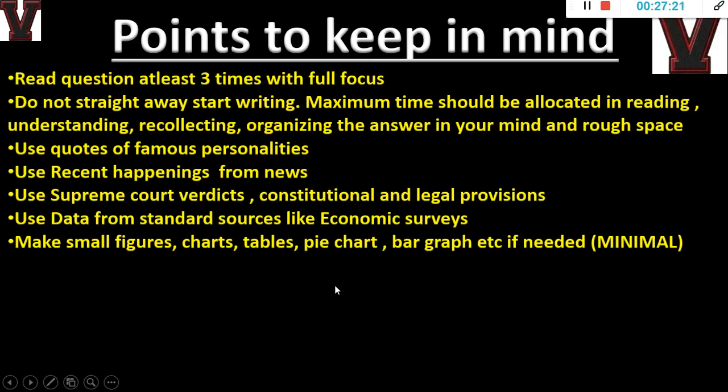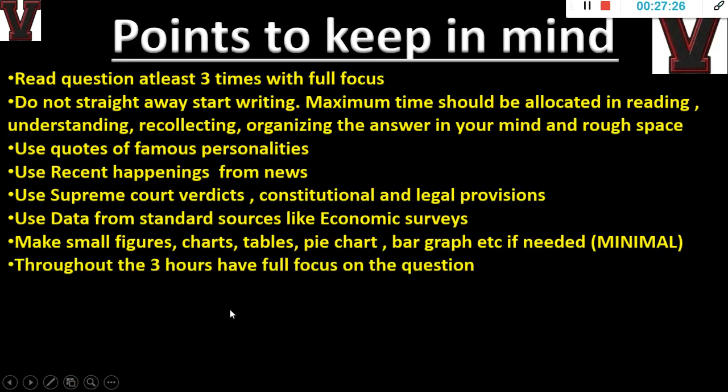They just write paragraph after paragraph in a very nice way, and there will be a nice flow to it also. Throughout the 3 years, in GS papers you can use diagrams, but I'm talking about the essay only. In the essay, you should not use this as much. You can use very minimal. In GS papers, you should use a lot of them. It's the opposite, both of them.